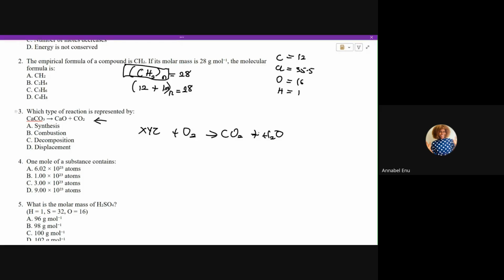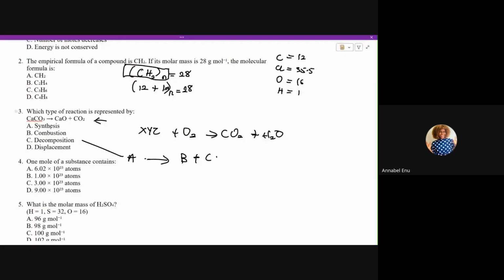And like I already said, in decomposition a particular reactant will be broken down. That is easily what is going on here, because our reactant is only one. So we can represent the decomposition reaction like this: A will give us